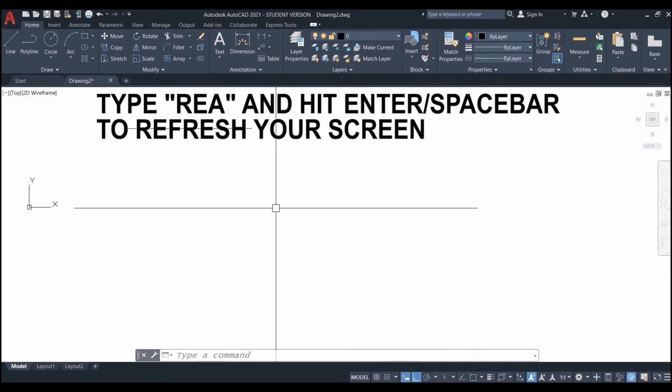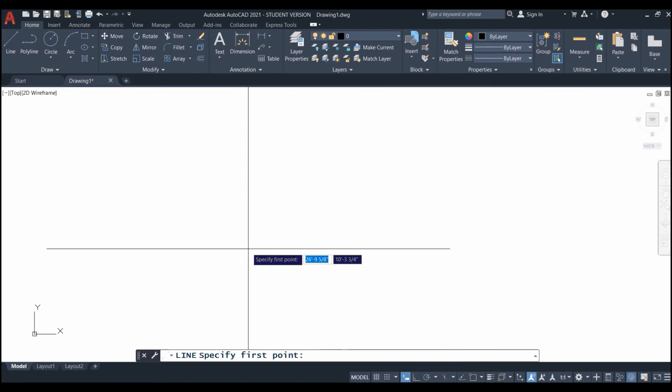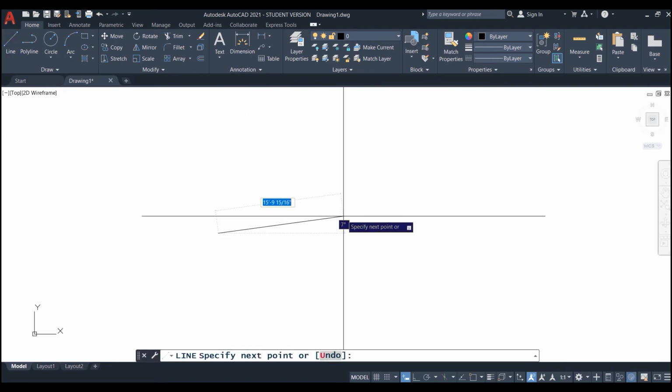Now I will show you another way to create a line, and it is with the dynamic input on, like I have on right now. You just type in your length, press the tab key and then the angle at which you want to create the line. Suppose I want to draw a 25 feet long line at an angle of 30 degrees. All I have to do is pick the line command, click the first point, and as you can see I can type in my value on screen as the dynamic input is on.